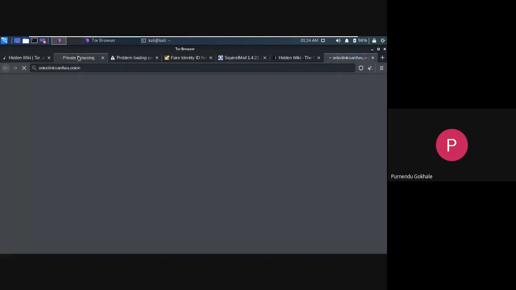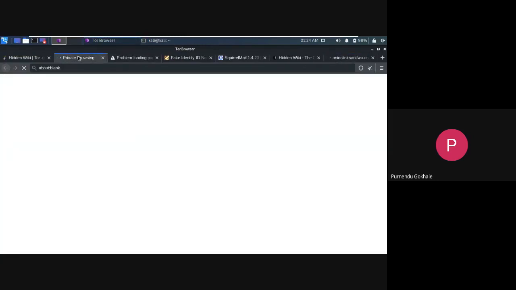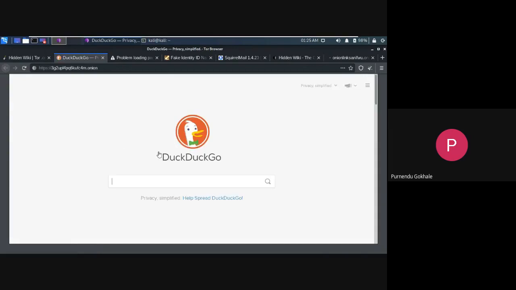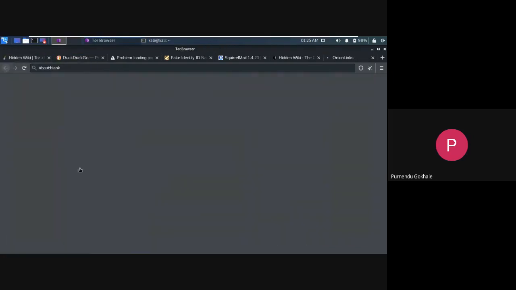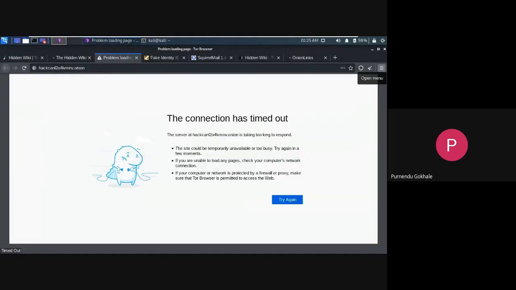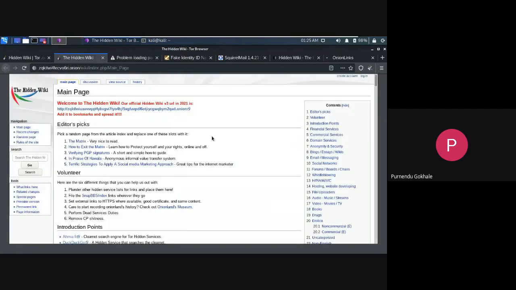If I open the first link, this is the hidden wiki page.